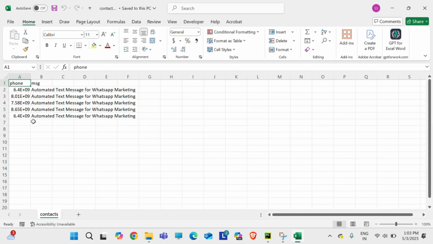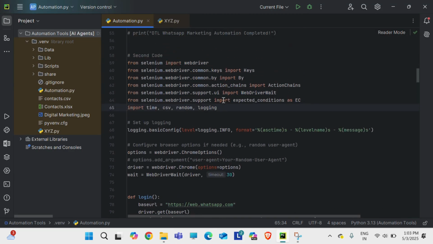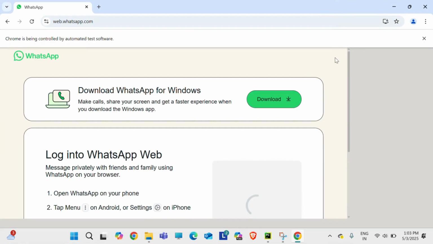The contacts file consists of the numbers and the message. Now I am going to run this code and let's see what prompts. So as you can see,